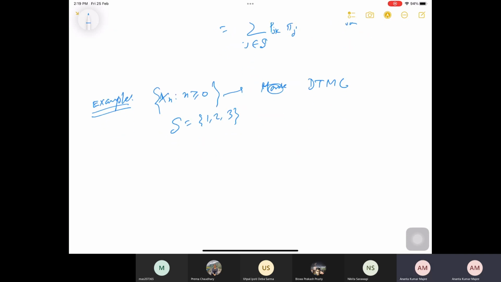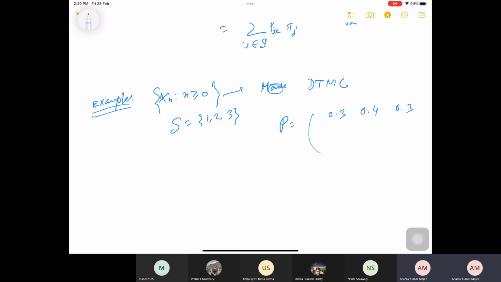Okay, and my transition probability matrix, the one step transition probability matrix. You have already seen in my previous theorem that if you want to calculate the n step probability, knowing the one step transition probability is enough. Is it not? So suppose P is given to you,